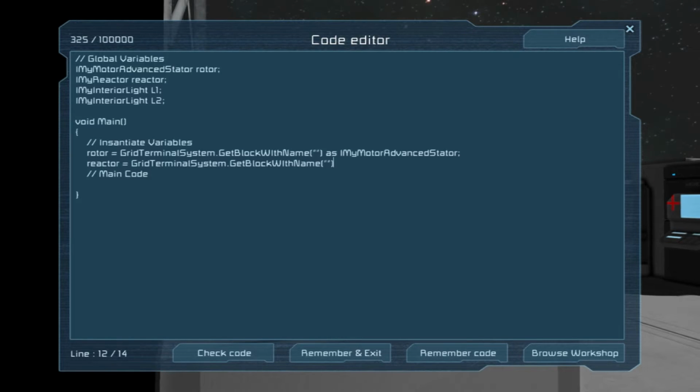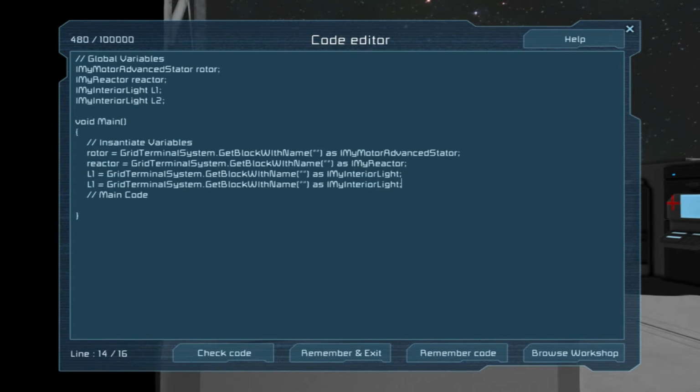Reactor equals as my reactor. L1. Oops. Interior light. And this part will actually just copy the whole thing. And then we just need to change it and fill these in.